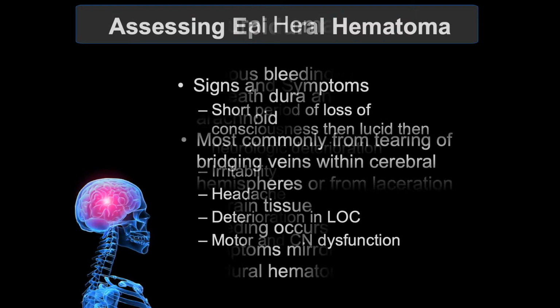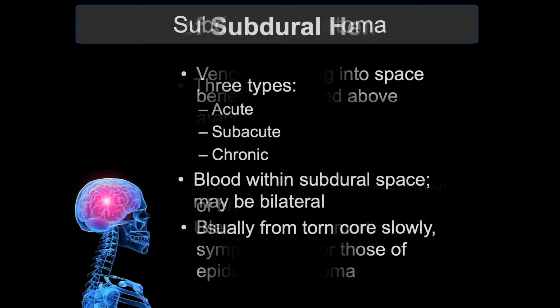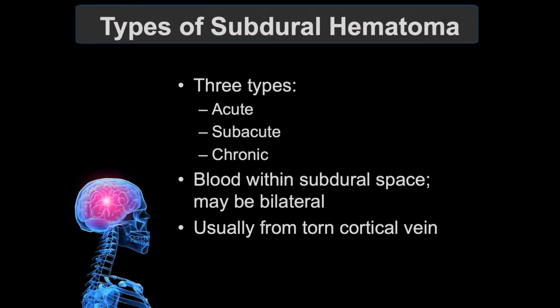A subdural hematoma is because of venous bleeding into the space between the dura but above the arachnoid. It is most commonly caused from tearing of bridging veins within the cerebral hemispheres or from laceration of brain tissue. The bleeding occurs more slowly, and therefore the symptoms may mirror those of an epidural hematoma. There are three types of subdural hematoma: acute, subacute, and chronic. In all three, there is blood within the subdural space that may be bilateral and is usually from a torn